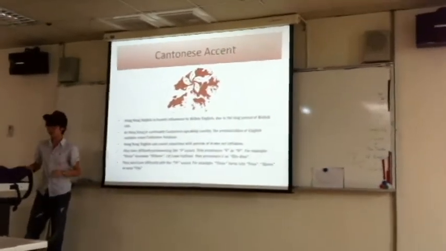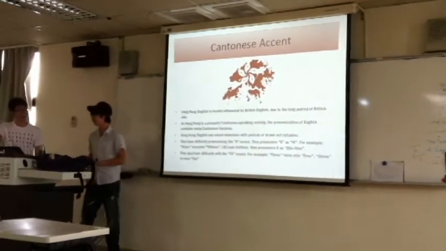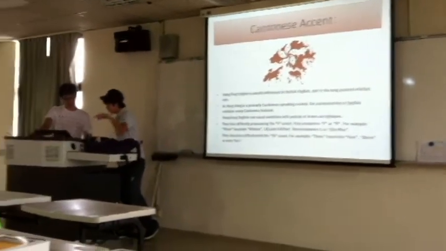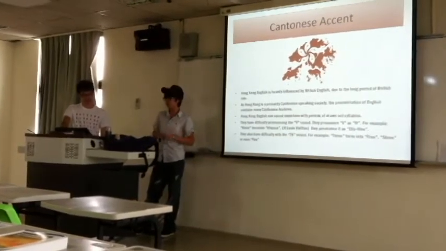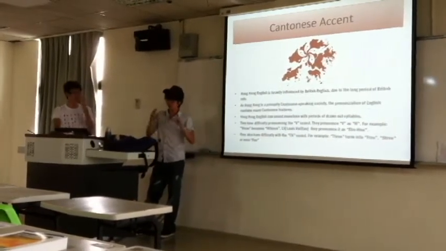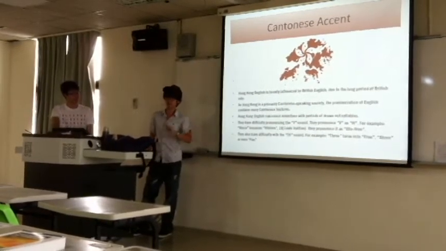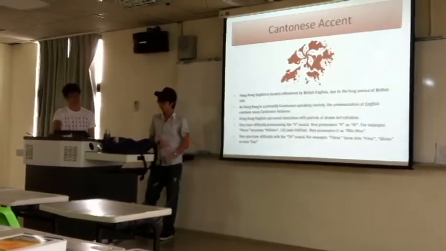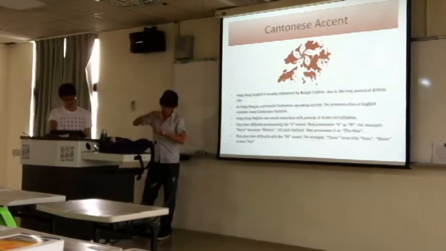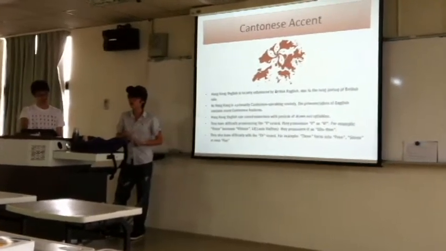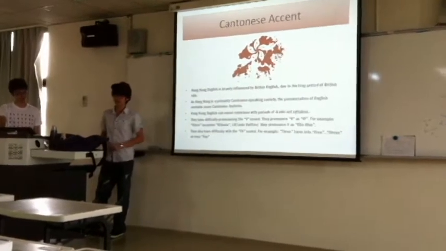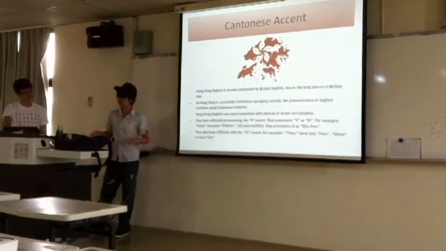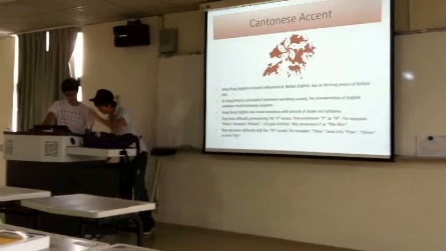So you go like, oh, I want to go toilet. Okay. So, Cantonese also have difficulty pronouncing V. When there's a V in a word, they tend to pronounce it as W. For example, Vince. They don't say Vince, they go like, Wince. And you go, Vince. So, I'm pretty sure there's no Cantonese that has the name Vince, I guess.